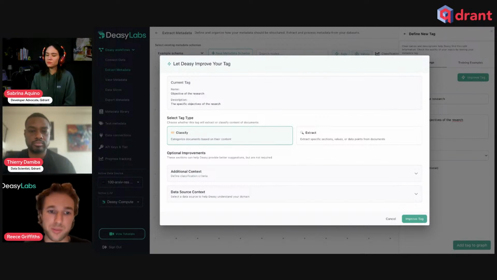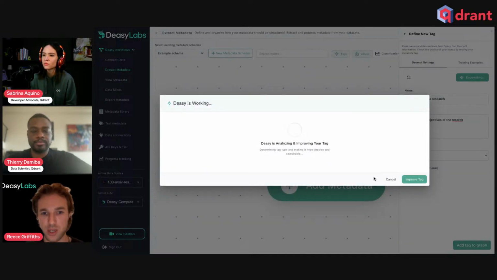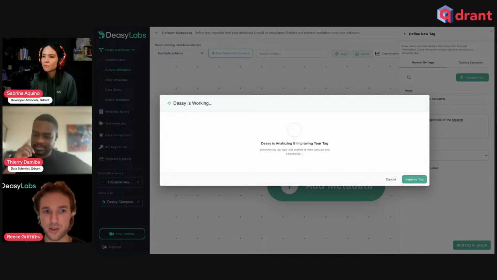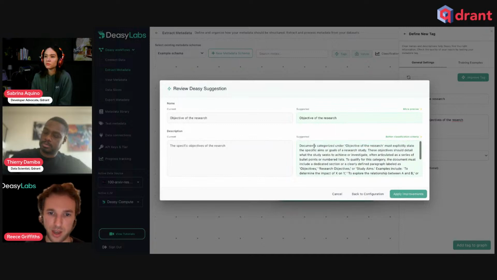So if one of our customers in the pharma space has clinical trial documents and wants to know the exact inclusion-exclusion criteria word for word from every document, in that case, it's more of an extraction versus a classification. But when we run this improve, we'll see Deasy will basically suggest a refined description for this specific